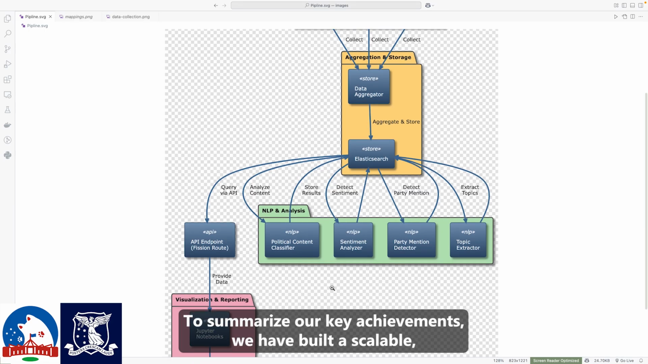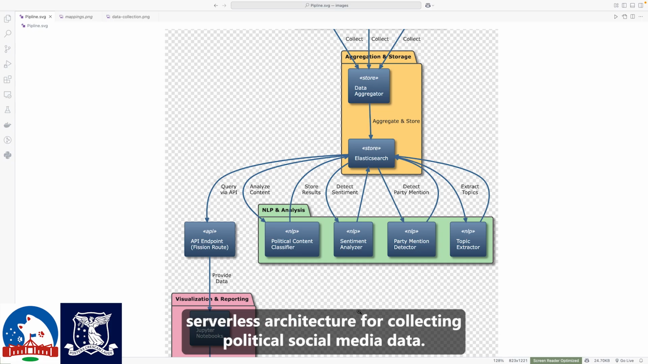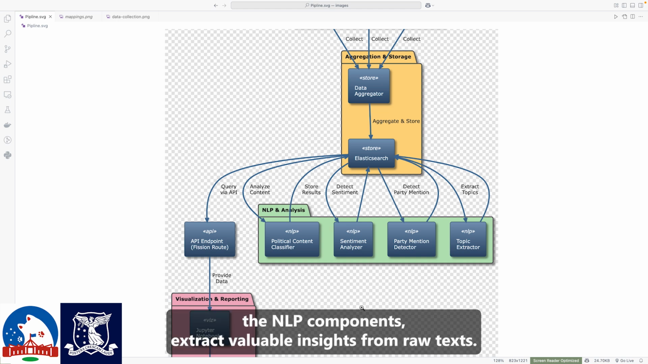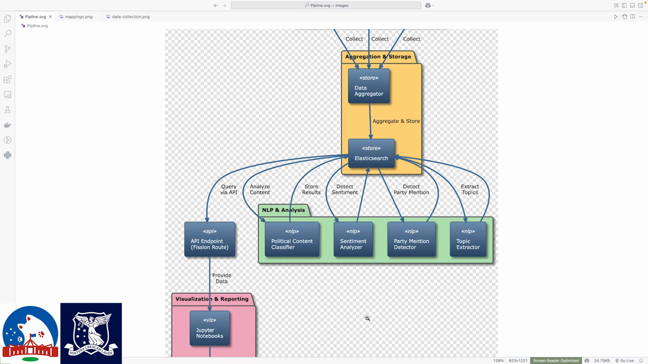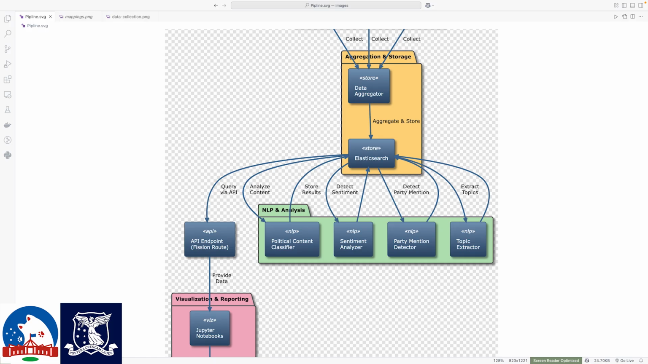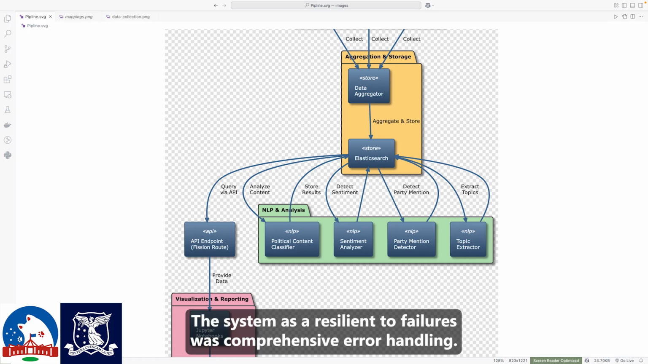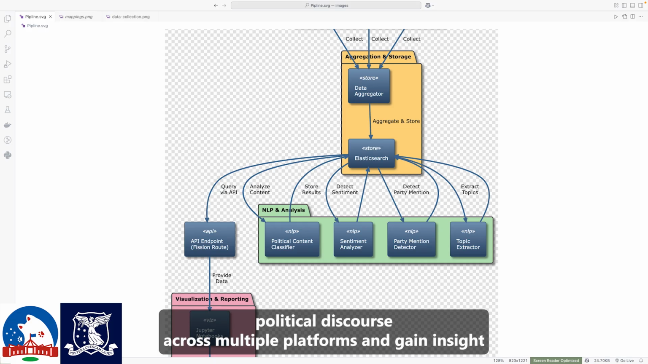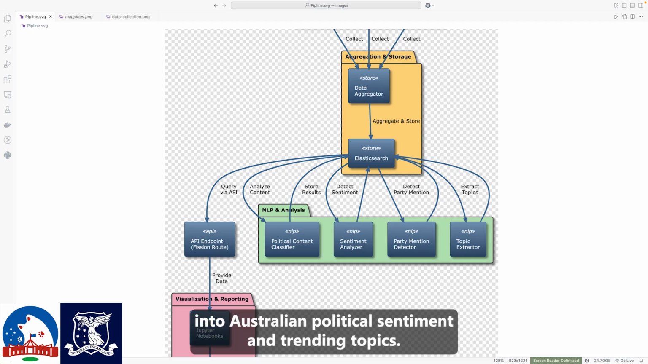To summarize our key achievements, we have built a scalable serverless architecture for collecting political social media data. Our unified data model enables cross-platform analysis. The NLP components extract valuable insights from raw text. The entire pipeline operates automatically with minimal intervention. The system is resilient to failures with comprehensive error handling. This infrastructure enables researchers and analysts to track political discourse across multiple platforms and gain insight into Australian political sentiment